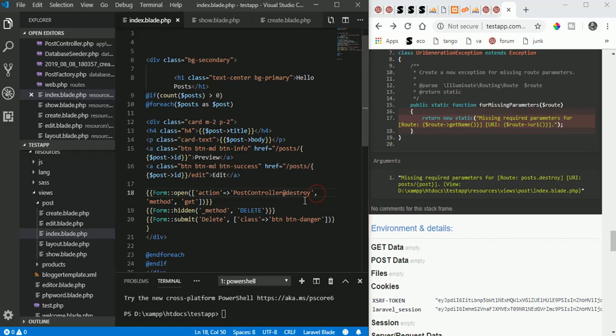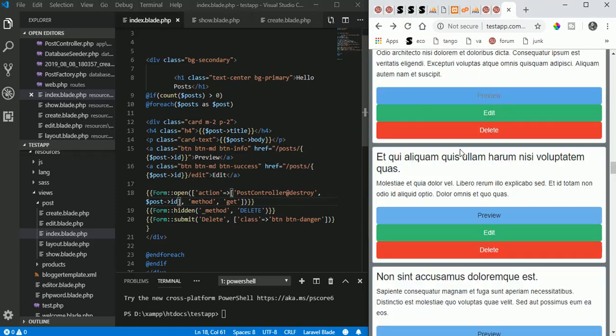So let's add an ID. Post ID and reload. So if we try to delete,